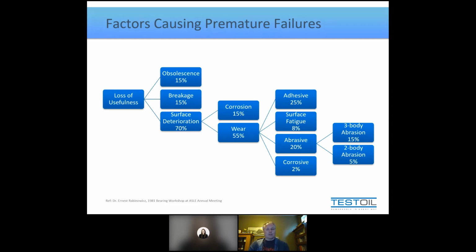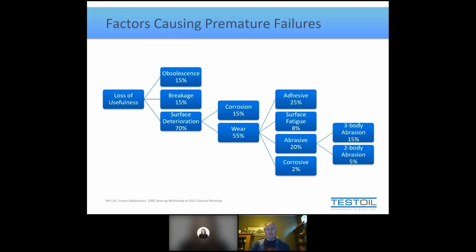When you're wondering why he didn't use the term wear, is because when he classified what caused surface deterioration, he said that most of it wasn't chemical wear, it was actually physical wear. So he called chemical wear corrosion and he called physical wear just plain wear. But once he broke down what was causing the physical wear, as you can see, abrasive wear and adhesive wear were the two biggest contributors. And of abrasive wear, the biggest contributor by far was three-body abrasive wear, which is particulate in between two surfaces in relative motion. Two-body abrasive wear is just the two surfaces abrading against each other, kind of like sandpaper and wood.